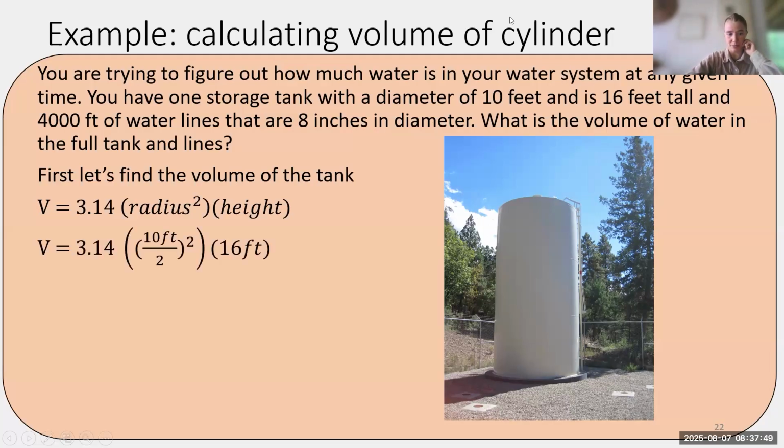So if we're using this pi version of the equation, we need to find the radius. We're given the diameter, so we need to go 10 divided by 2, because the radius is 1/2 the diameter, squared times 16 feet of the height. And now we're just using our order of operations here. We're going to do what's inside the parentheses first. So we'll do 10 feet divided by 2 squared is going to give us 5 feet squared